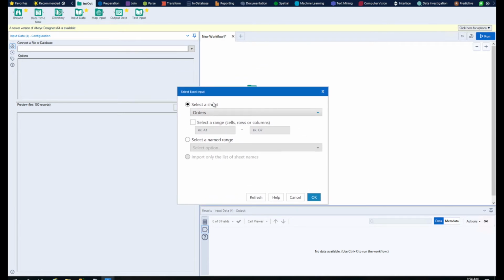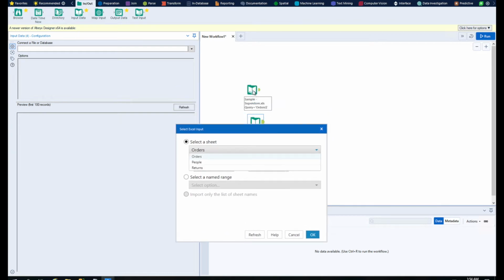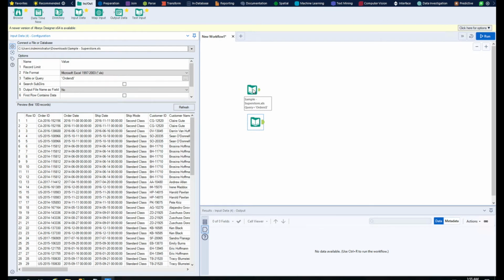So I'll select, just assume that this is the orders 1 table which I have already loaded, and I'm going to load orders 2 also in this. So say okay. Now I've got orders 1 and orders 2, and I have to combine them together. As a typical solution, people who are new will go to transform, go to join, and then do a union here.